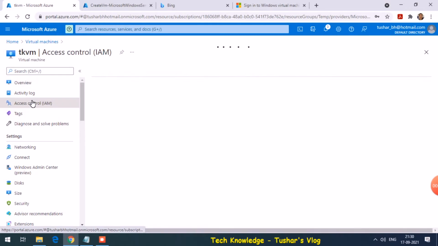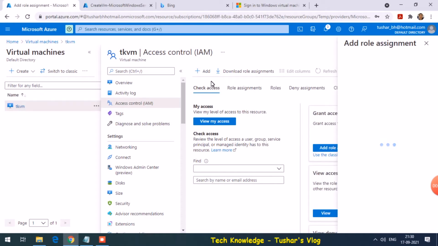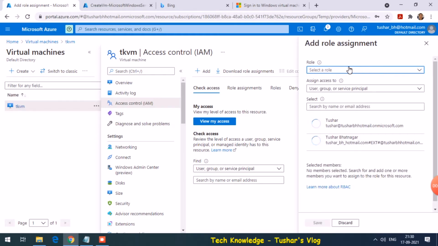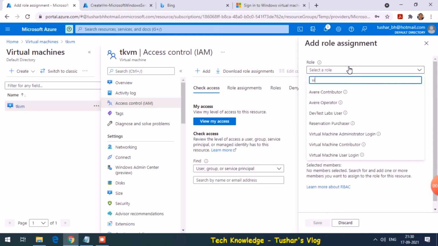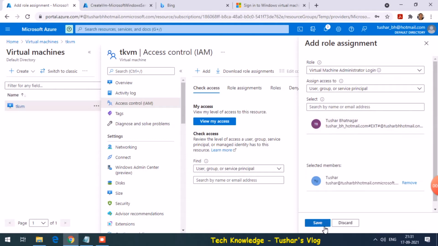So let's go to access control. So this is the user ID.